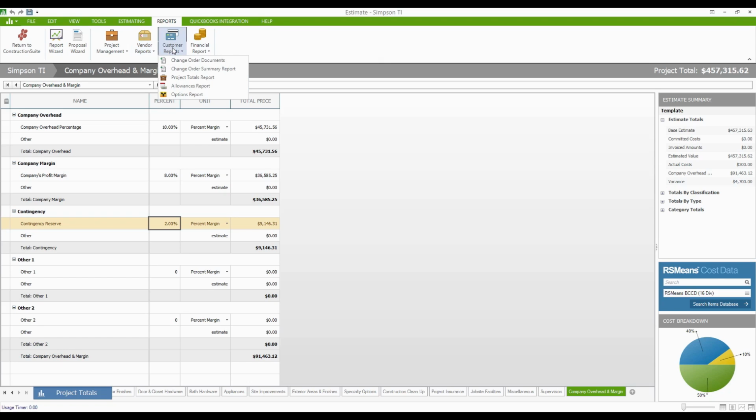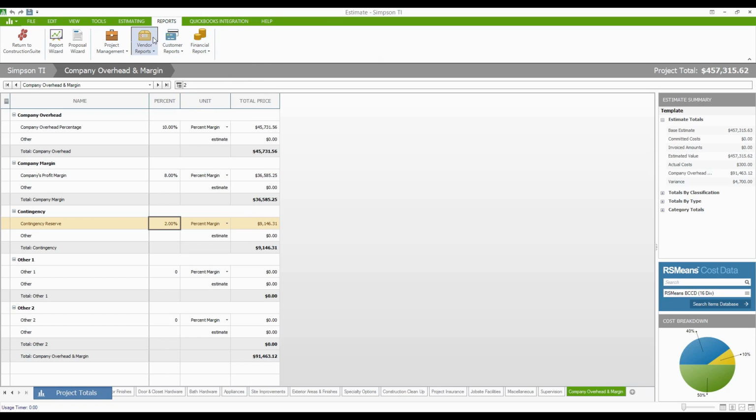On the customer side, you're going to have change order contracts, allowance reports, and options that you can put together for them. And then on the financials, we'll talk about this one in the QuickBooks integration webinar on Wednesday. But here you can do comparisons for estimate versus actuals, or committed versus actuals, or something like that. So great reports to work with in here, and they're all going to be found under the Reports tab in